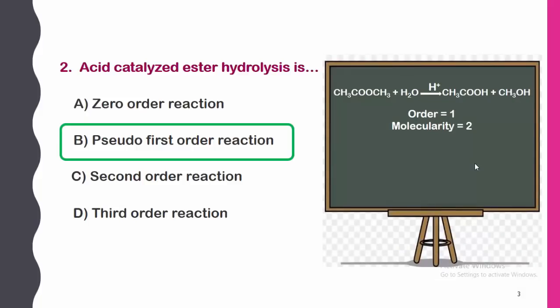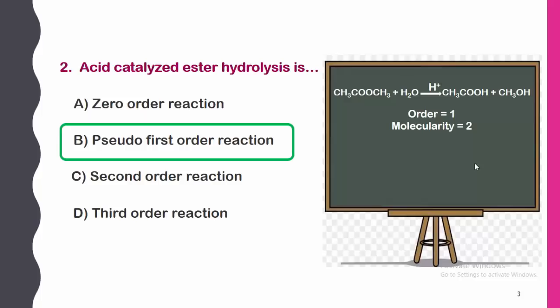Here we can see on the right hand side of this slide, the reaction is written, that is ester hydrolysis. We can take any ester. For example, here I take methyl acetate, where methyl acetate plus H2O in presence of acid, that is H+, forms acetic acid plus methanol. That is the ester hydrolysis reaction of methyl acetate plus water in presence of H+, which is nothing but HCl. It forms acetic acid plus methanol, where we can see the order is equal to 1, the molecularity